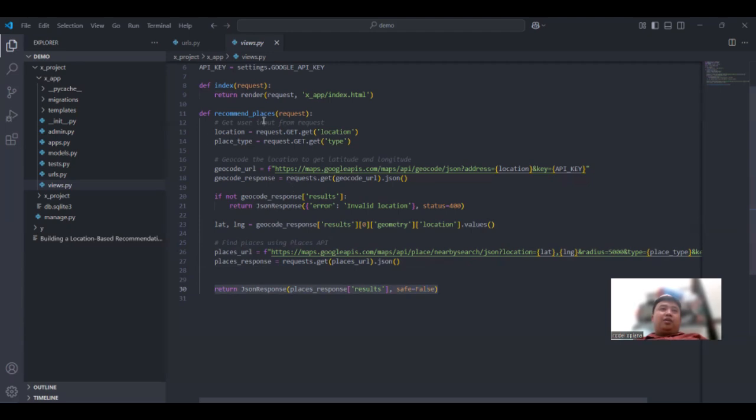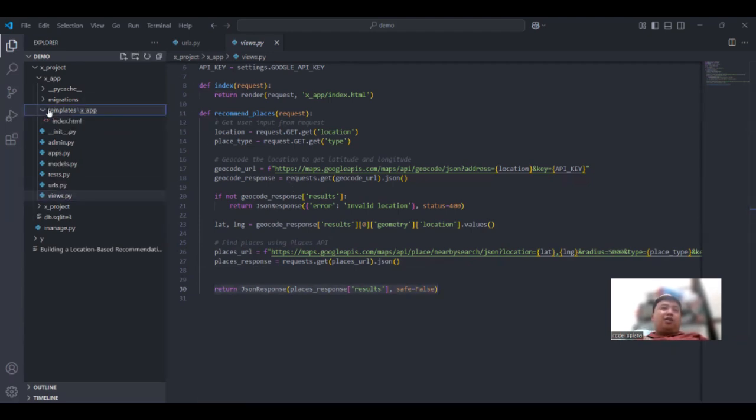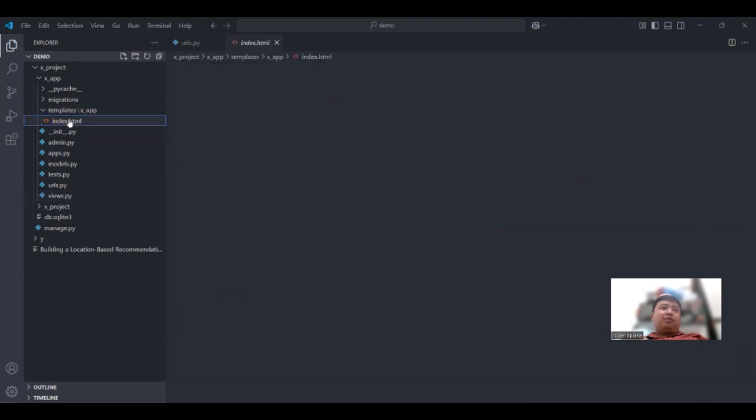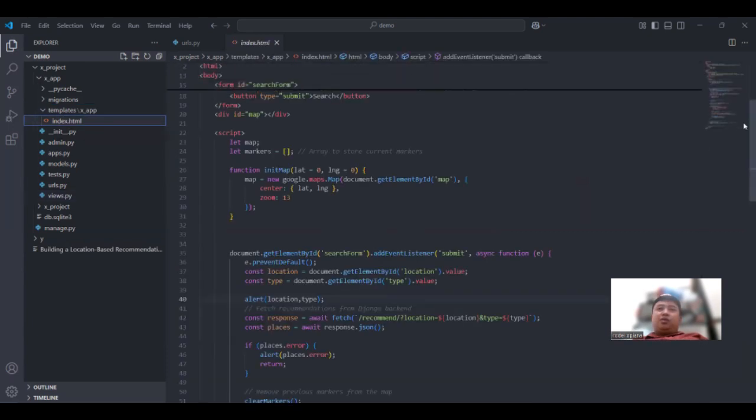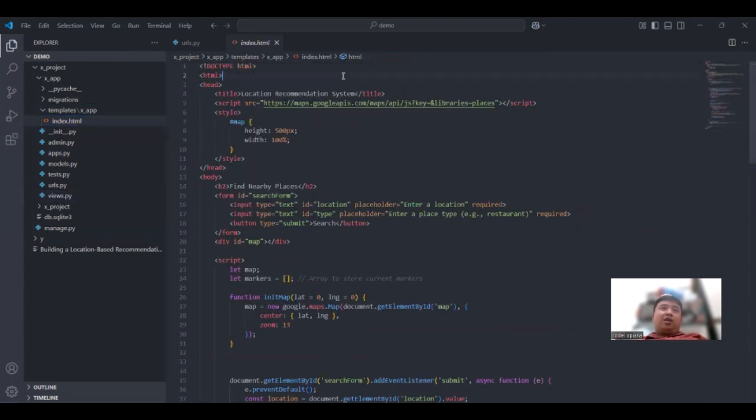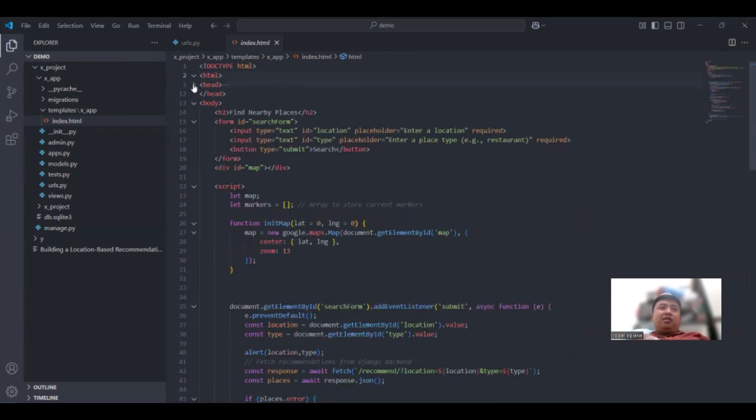Okay. Next, after that, on the template, so basic HTML, you have the header. So at the header, we have the title, the scripts, the API for the libraries or the maps, and then the style of the map. So we are done with the head.